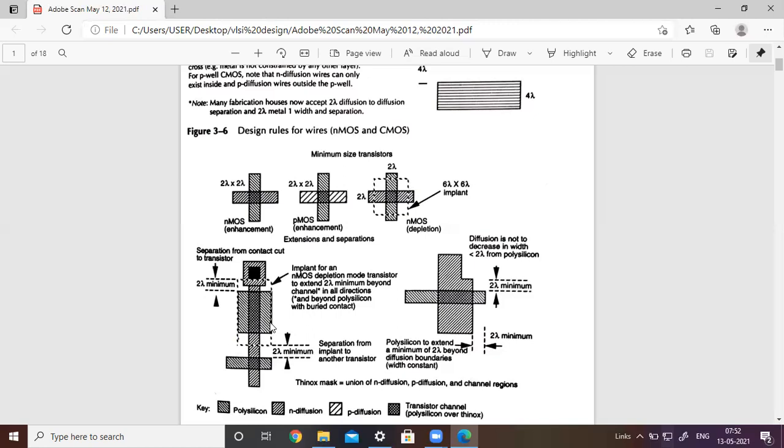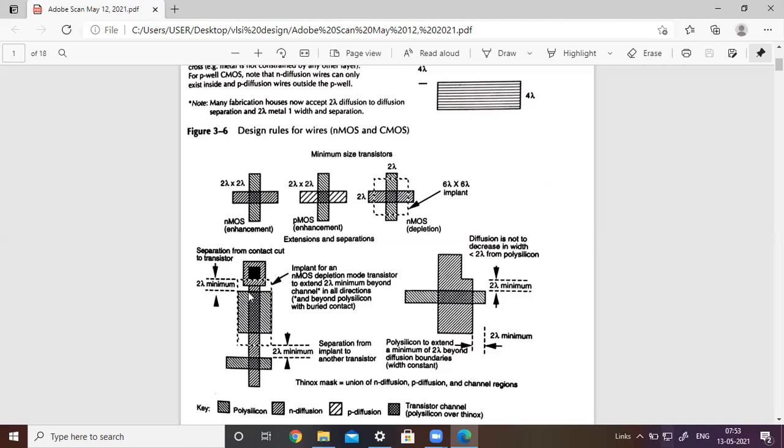So how to form a transistor here? The depletion mode transistor is one whose gate is short circuited with the source terminal. So instead of connecting the layers directly like this, this is the polysilicon layer which is connected to the source of the transistor. Instead of connecting like this, we can use a special condition here. You take a small polysilicon layer, extended like this.